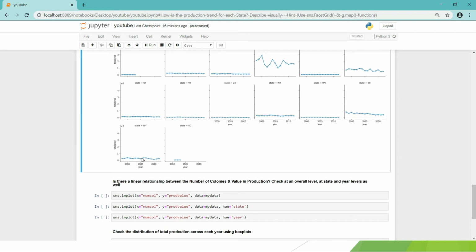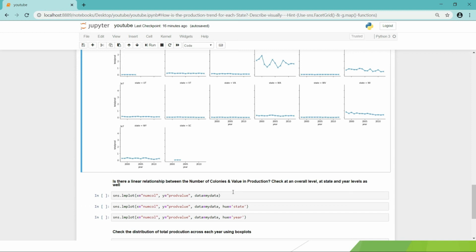Using facet grid, you can create the columns and see many plots on one parameter. Because state is a categorical variable, that's why we can use it column wise. Otherwise, if you have to use a continuous variable in a facet grid, you have to make bins of it. Those bins will be used as a categorical variable, and then you can see different plots over here.